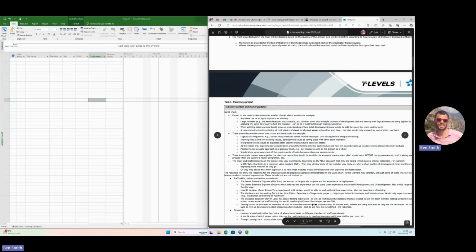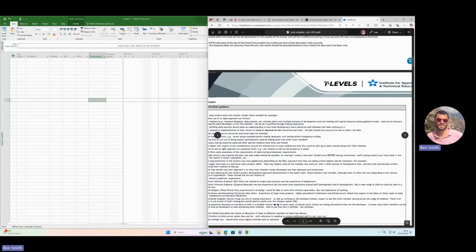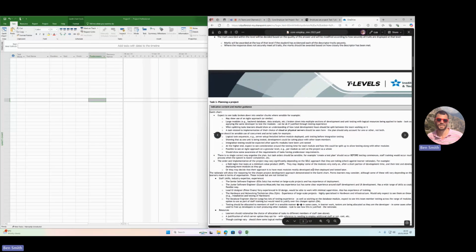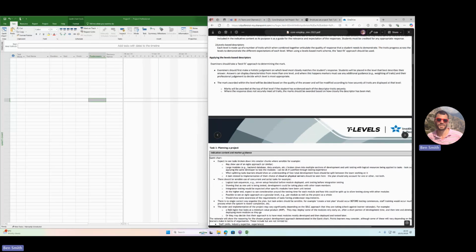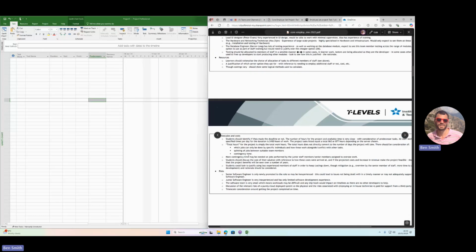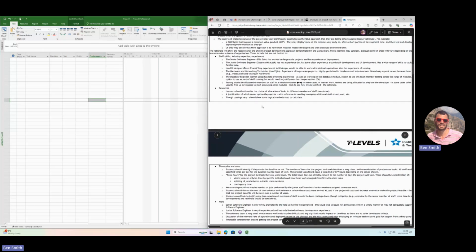You always want to look at the mark schemes for these projects, for these tests, because that gives you an idea of what they expect in a really good answer. It doesn't say anything in the mark scheme about the resource cost plan, but I will show you what that